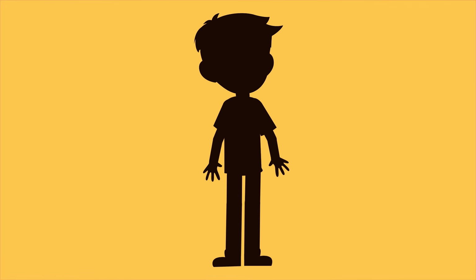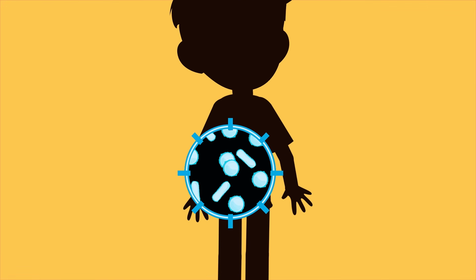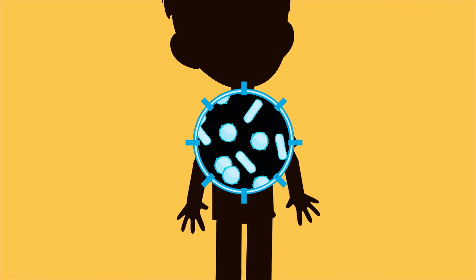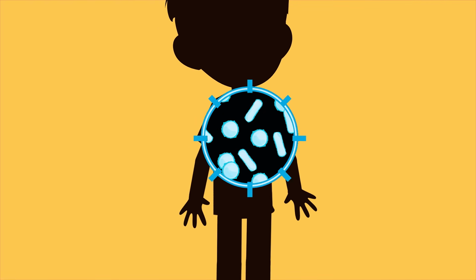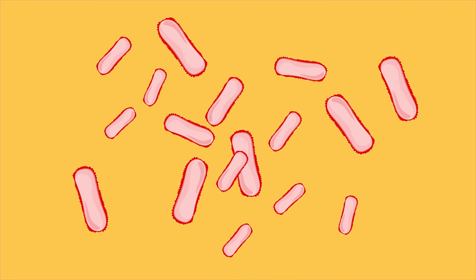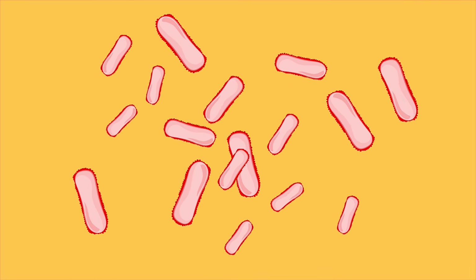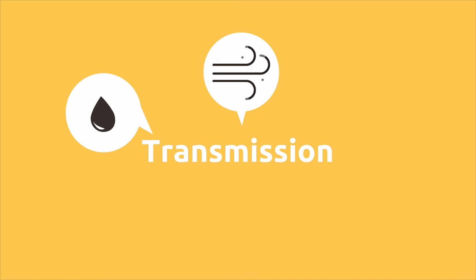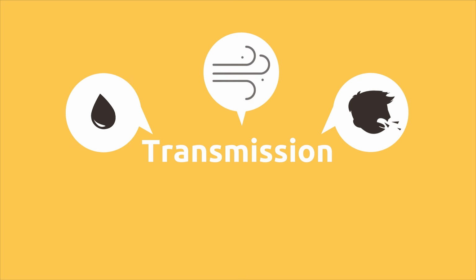Did you know that there are bacteria all over our body? Like in our intestines, for example, the mouth or the skin. Many of these bacteria help us to stay healthy. However, there are other bacteria that are pathogenic and cause diseases. Bacteria spread through water, air, or sneezing and coughing. This way they can pass from one human being to another.